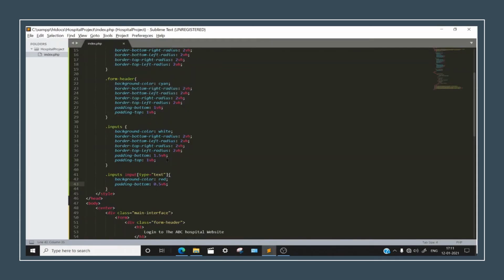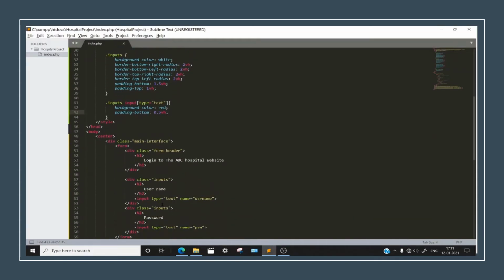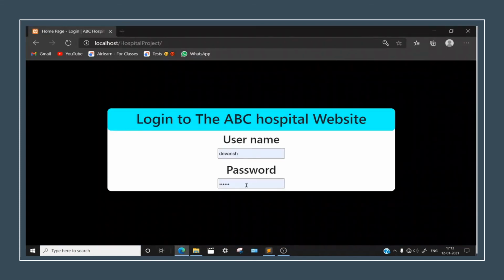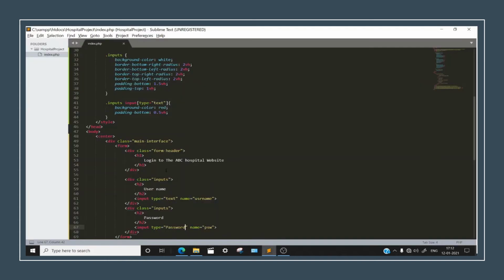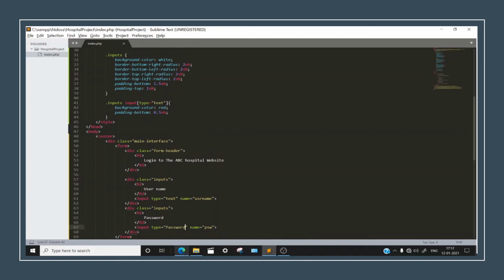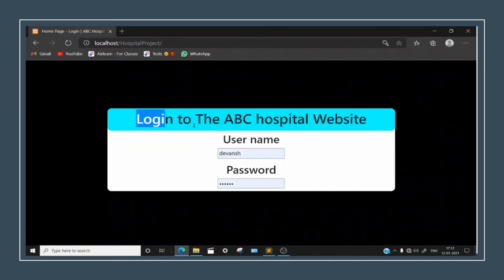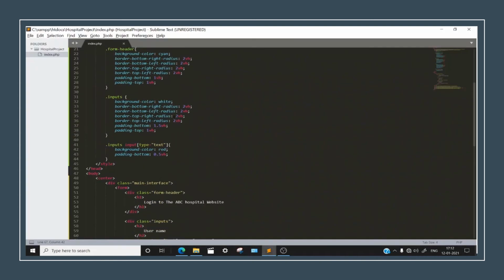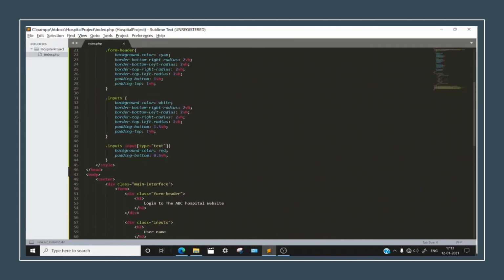Okay, so you can change this to inputs one and like that, and this type should be changed to password. I want this to be a password because see now, this thing changed to dots, and I want this. Okay, so we have done this. Actually, you can also increase this text size. I want you all to format these things. Now let's format and change some font colors, size, text type, etc.